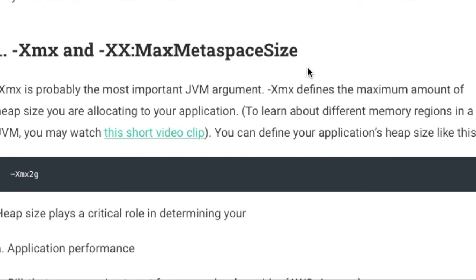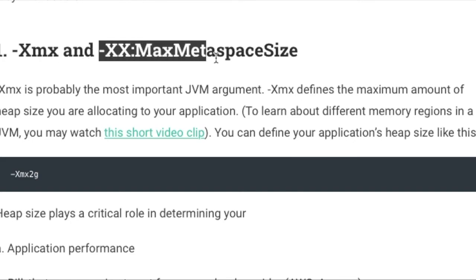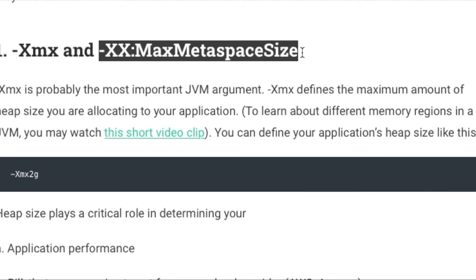So what do these two do? Xmx is used to define the heap size. As we earlier saw in the diagram, we have a heap area and a non-heap area. That heap size decides how many objects I can allocate during the runtime execution of an application, and it is defined using this Xmx argument. While XX:MaxMetaspaceSize handles the non-heap area. Non-heap area means the PermGen area or metadata space area, where we tell the application about the classes and libraries it can handle, definitions and all.